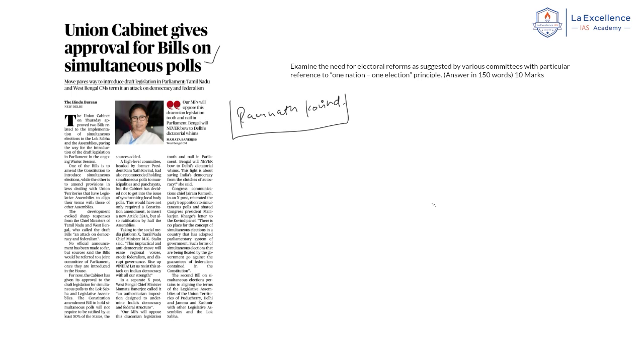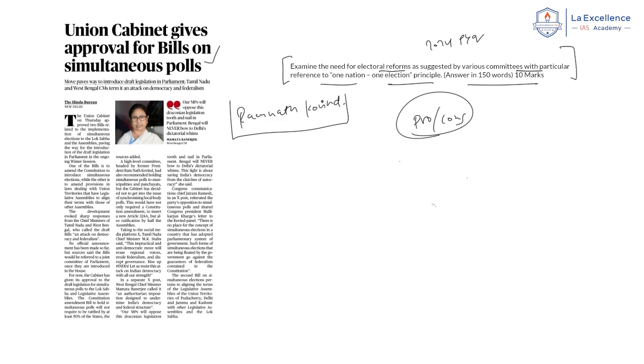regarding simultaneous elections. This article is very much relevant from the mains examination perspective, especially because in a previous year question, this was asked in the 2024 mains itself. The question says: examine the need for electoral reforms as suggested by the various committees with particular reference to the one nation, one election principle. Answer in 150 words. Now, in this context, we will discuss some of the pros and cons of the simultaneous